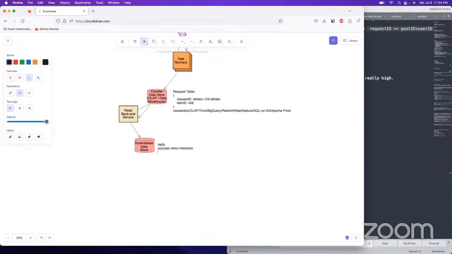So you could say that a video record might look a little bit like this. We've got the video ID, that weird key-looking thing from the URL.